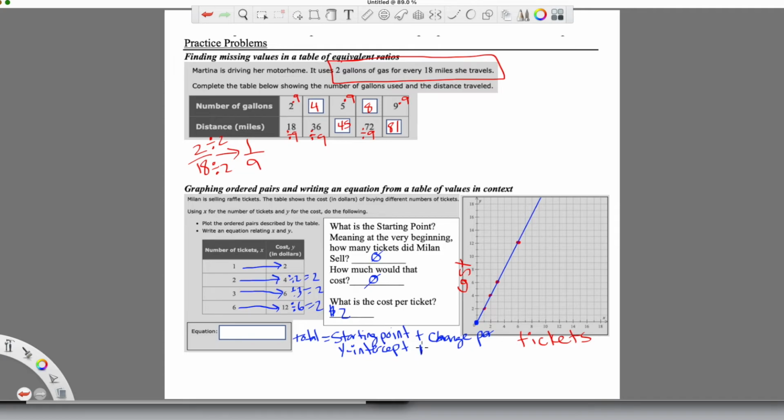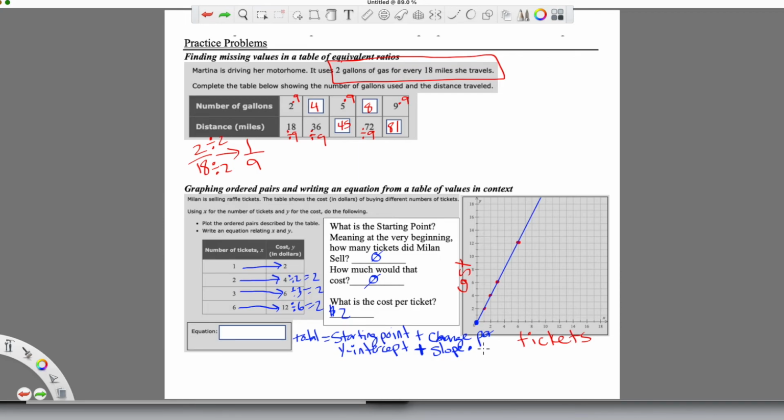Plus, I'm doing that kind of bold so you can see that, the slope. And the slope is also always multiplied by a variable, because it's changing each time. And in this case, we can see that if I buy 1 ticket, it's $2. If I buy 2 tickets, it's $4. If I buy 3 tickets, it's $6. So what I'm changing here is the number of tickets that are being sold or bought. Okay? So slope times,